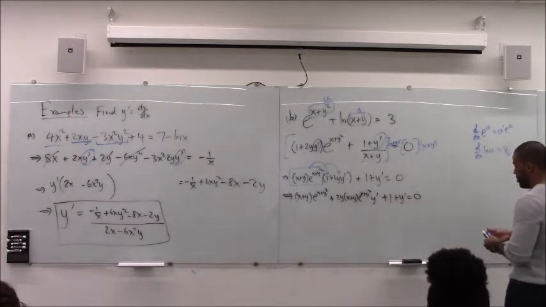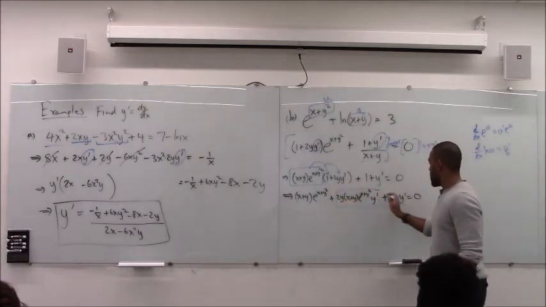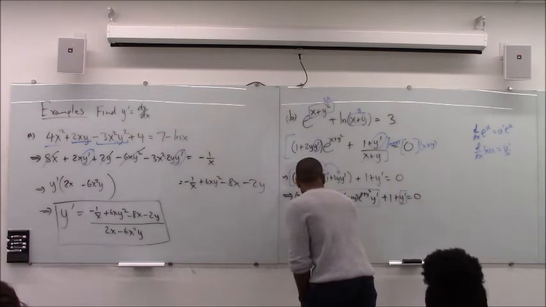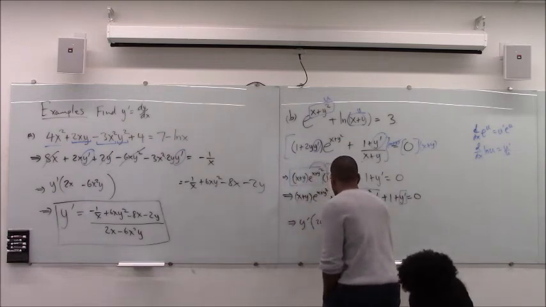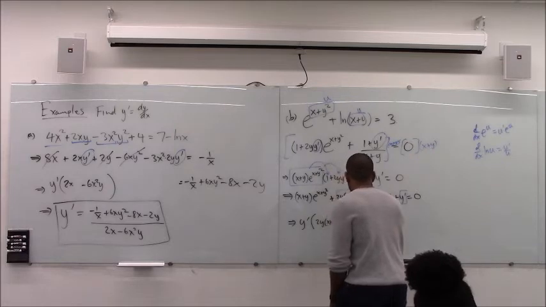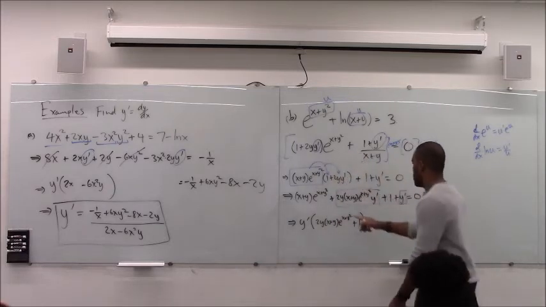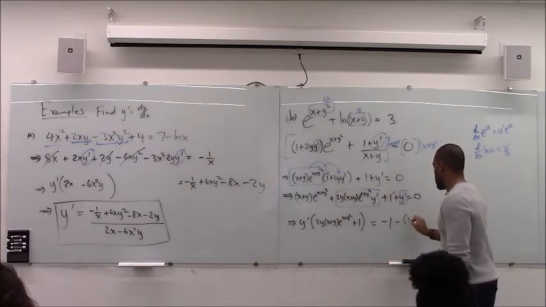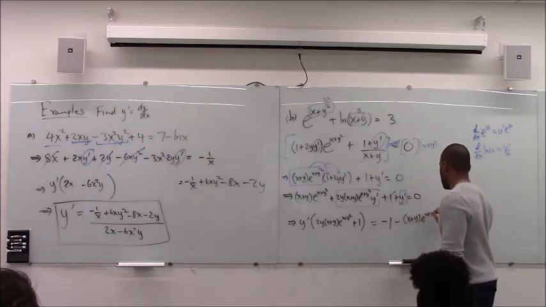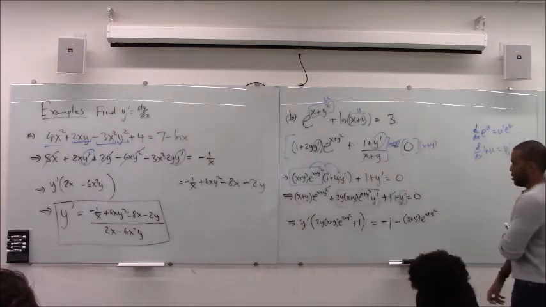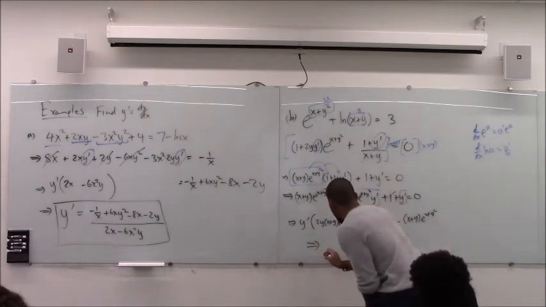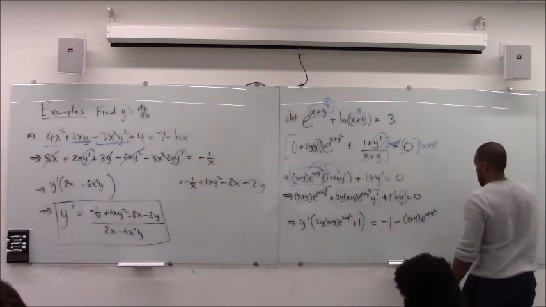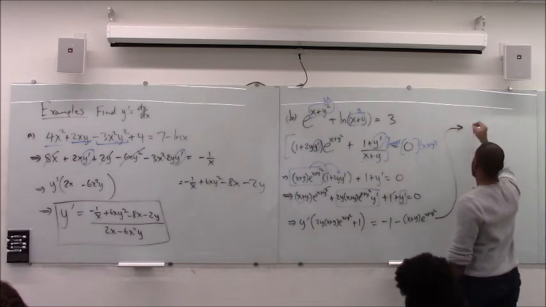And now, my y prime is a common factor in these two parts. So if I leave it, I can factor it out. I have 2y x plus y e to the x plus y squared plus 1. And then these two guys, I move them to the other side. So it's minus 1, gets rid of that. Minus x plus y e to the x plus y squared, gets rid of that. And then now I just find the y prime. Just now divide by the common factor. So my y prime